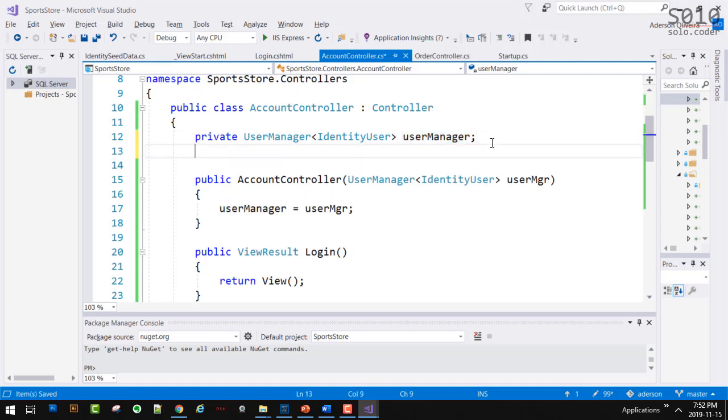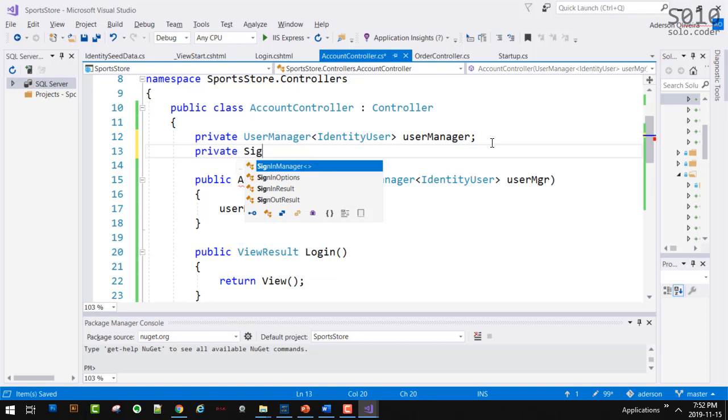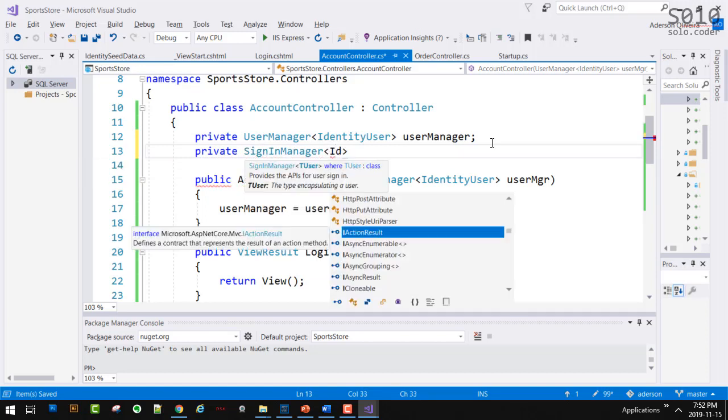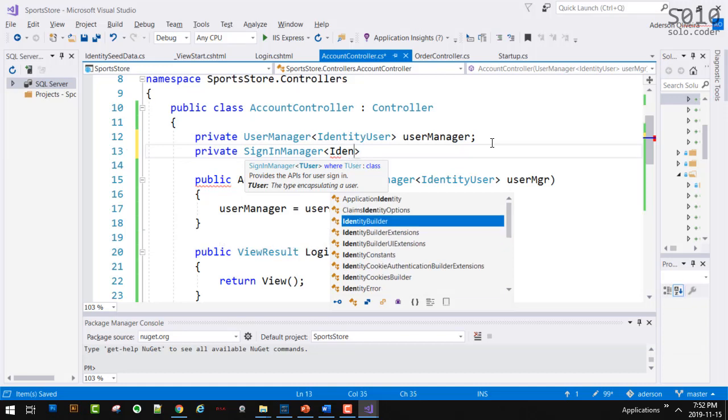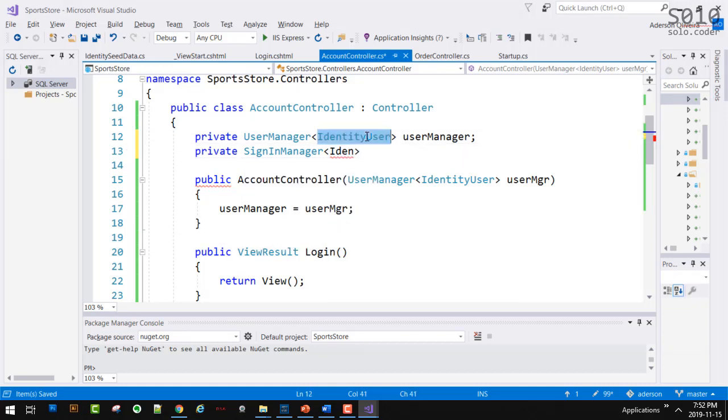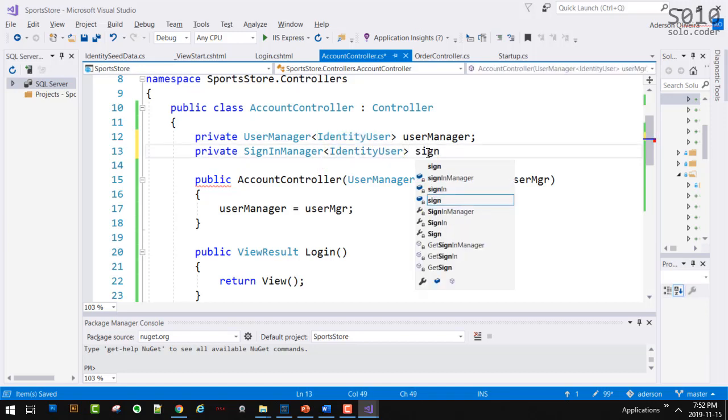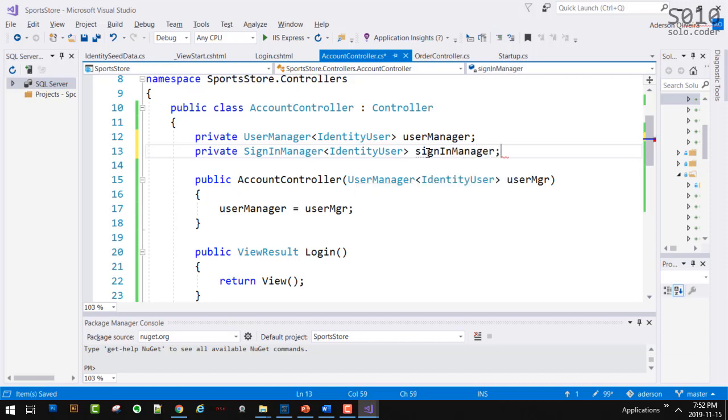So we're going to create that here. We're going to say private sign-in manager of type identity user. So we're going to use the identity user again here. And you're going to say sign-in manager, that's the name.